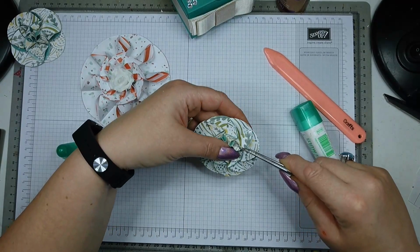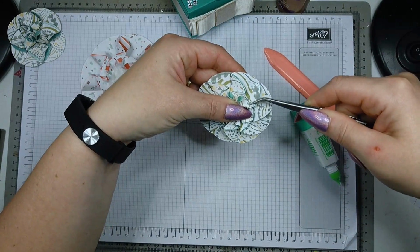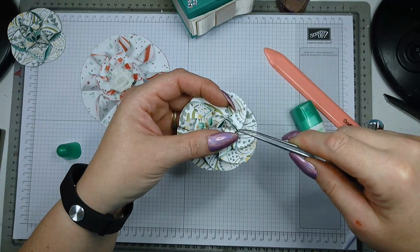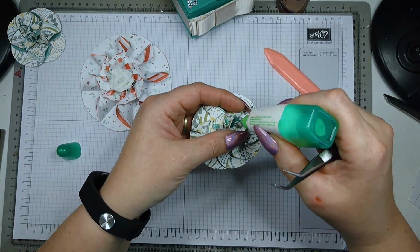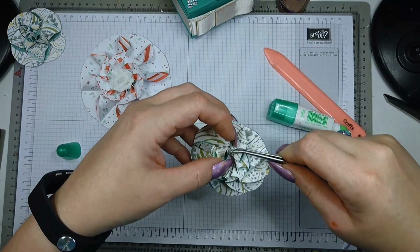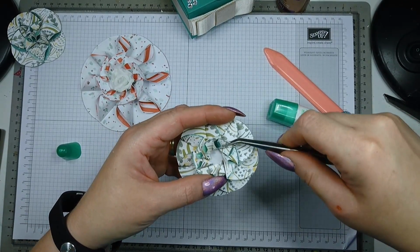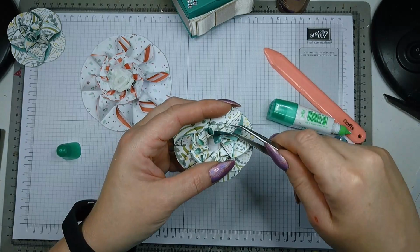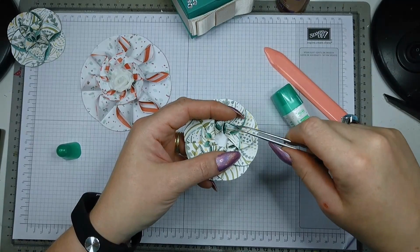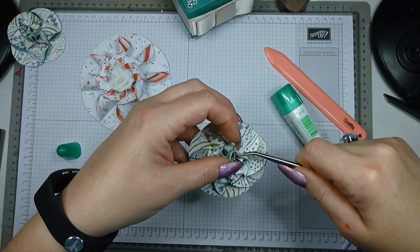Now this is going to take forever to glue because of the lot of Tombow that I put in, but you basically try to close these sides up with Tombow. Just a tiny wee bit will do the job, and at the same time you can actually prop up your shape there again. And the next one. So you open it, you add a bit of glue here, you push it back together, you adhere it, you prop up your center again,